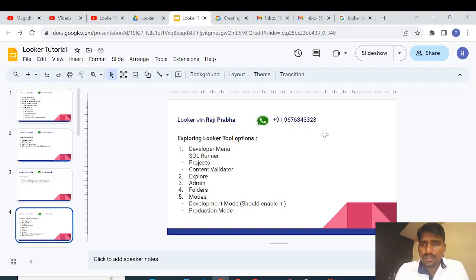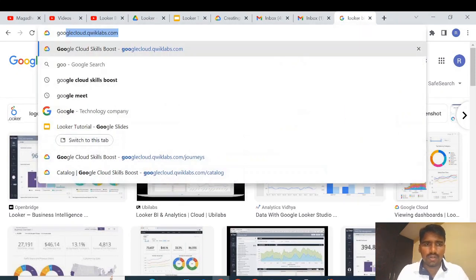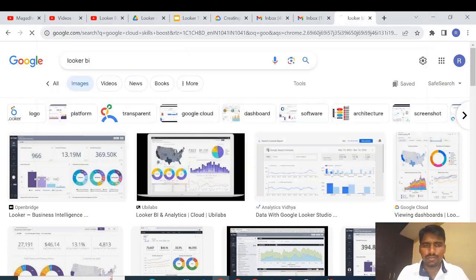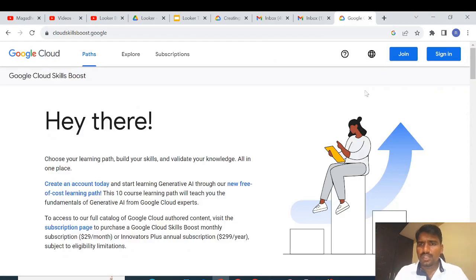To practice Looker BI, first we need to register ourselves and access Looker BI. That detailed step I have covered in the previous video. But now, at a high level, I am going to explain how to log into Looker BI. First go to a browser and type Google Cloud Skill Boost. Here you can select the first option, then click on join,